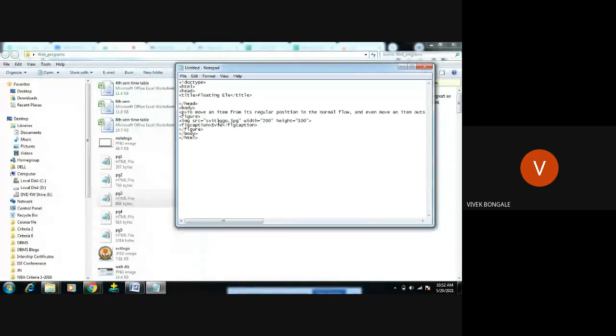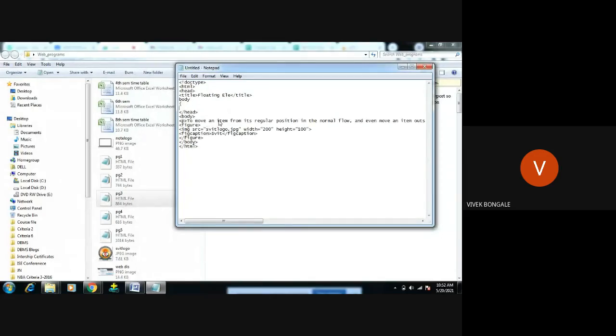So I will make the whole body the container. I will keep the border size at 2 pixel, solid black.